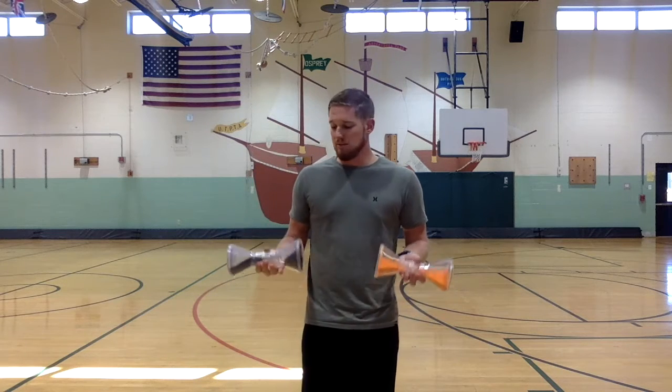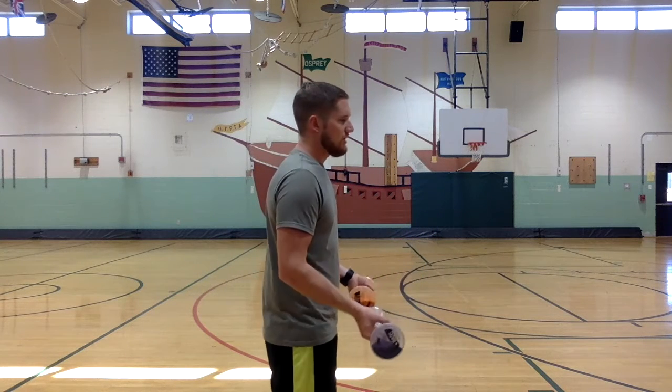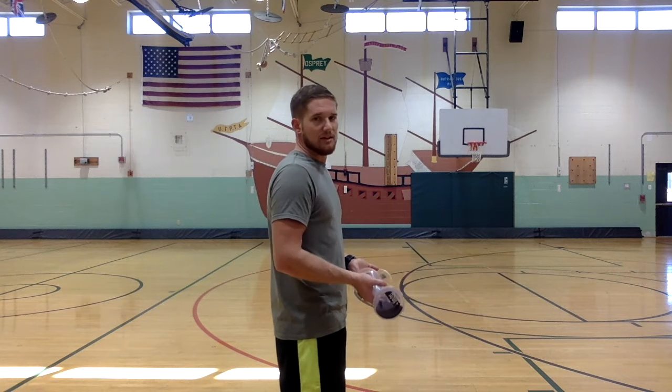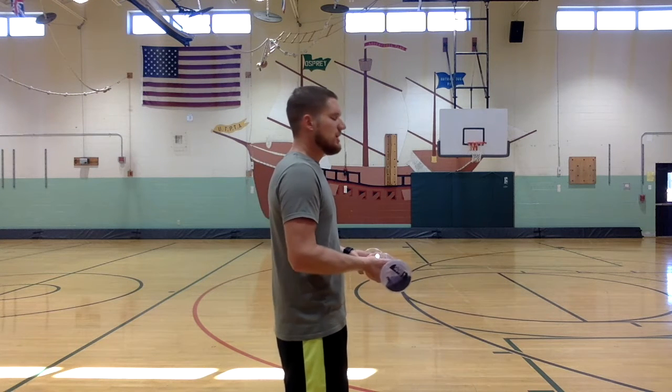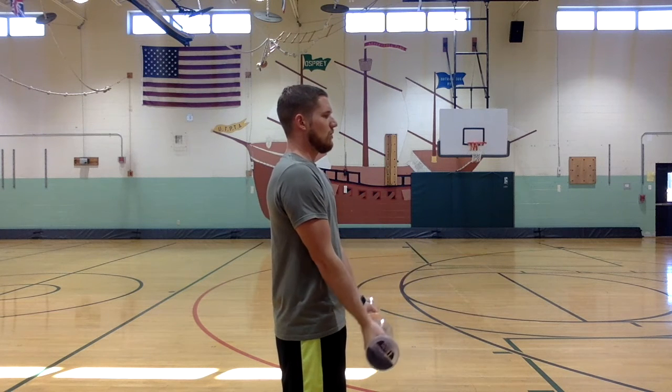They just have some sand in them because they're a weighted timer that I flip upside down. Sand runs out, timer runs out. So if we do a couple of those per arm, let's do 10 on each arm. I'm going to do 10 together just to make it a little bit faster for the video. So here we go. Up, down, 1,